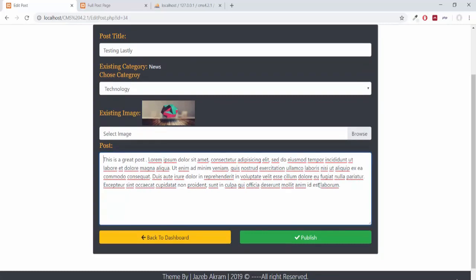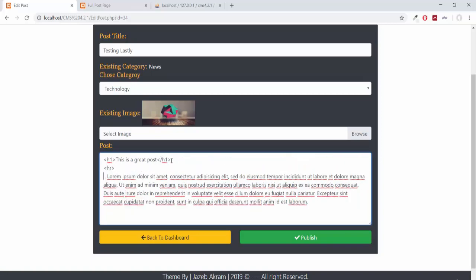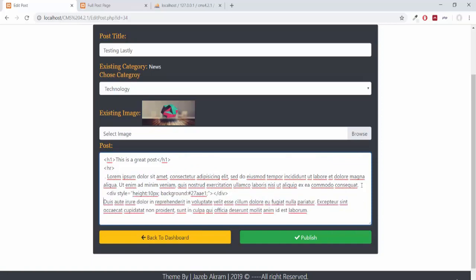So if I want to add one h1 heading, I can add h1 here in a simple straight HTML format. Then let's add an HR tag. Then after some text, I will add this div with some height and some background color.